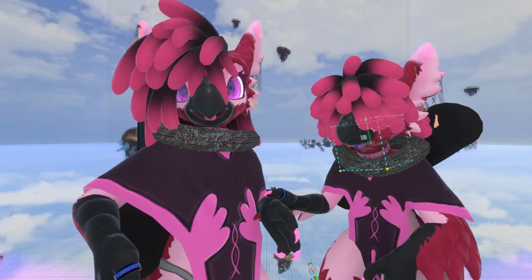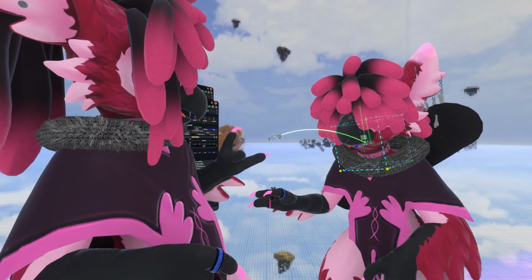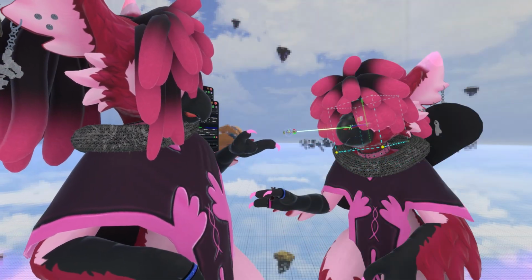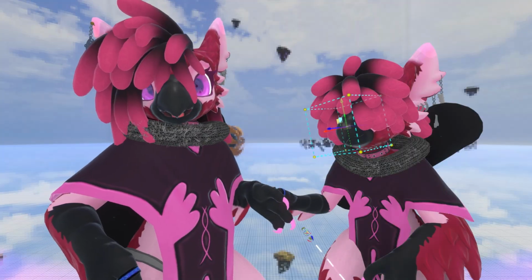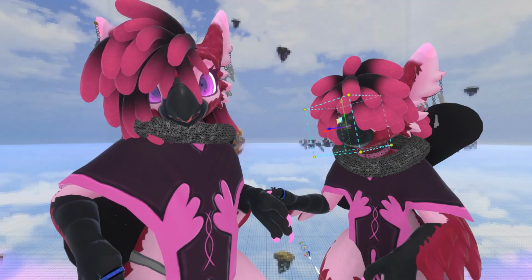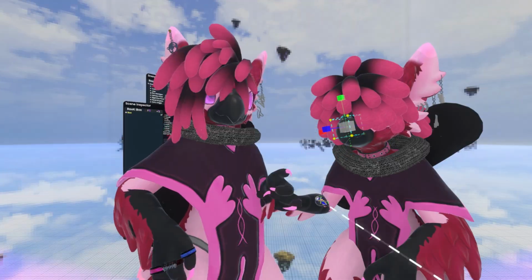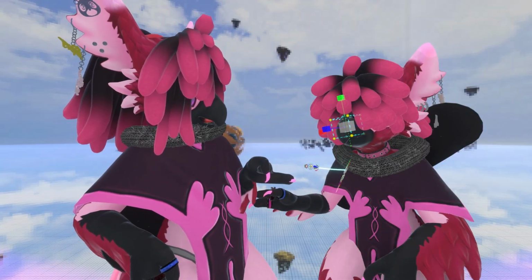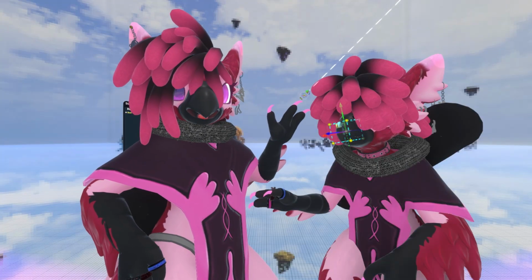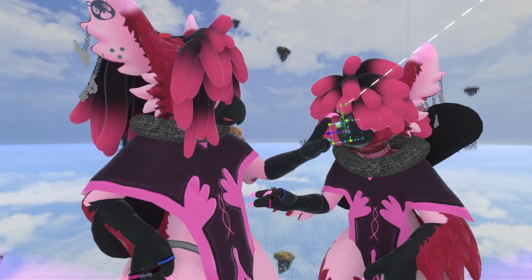Now that we've parented the collider to the avatar, we can start using gizmos while it's selected to position the collider where we want it to be. For a booper, you most often want to put it on the nose, and you want to make it kind of small. If you want to more precisely change its size, you can use the inspector to change its scale. Now that it's the right size, I'm going to get it in the right position, and there we go. Everywhere you see this outline is where the collider is, and that means if someone touches it with their finger,